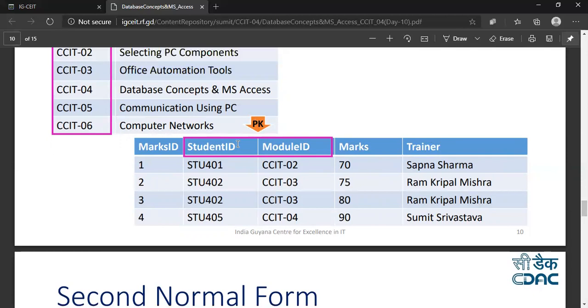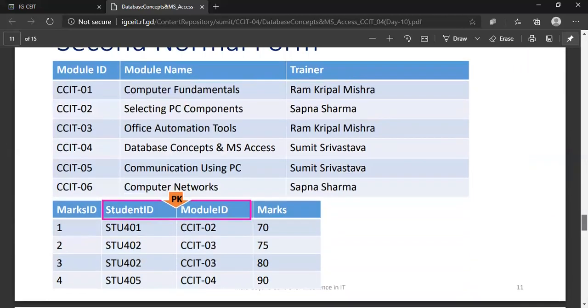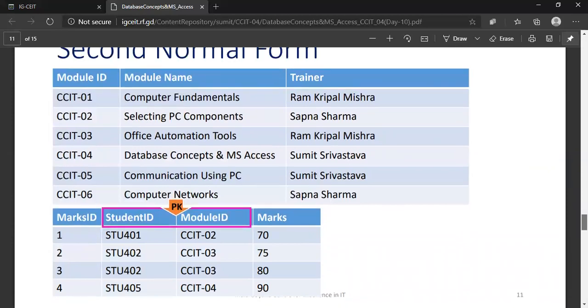You can see the module name and you will get to know who taught this subject. That is module ID. But you cannot link this trainer with this student ID to see the module name, because module name can be identified with the help of module ID. So I don't need this. So what I did in this next slide, I removed the column called trainer name and I moved the trainer name to the above table.